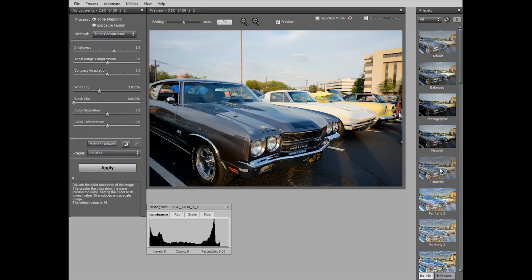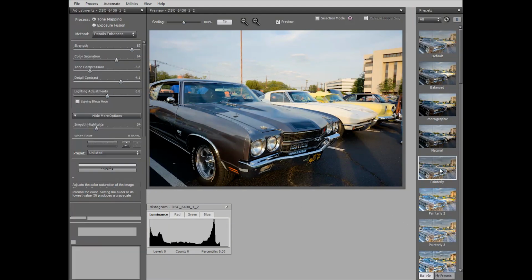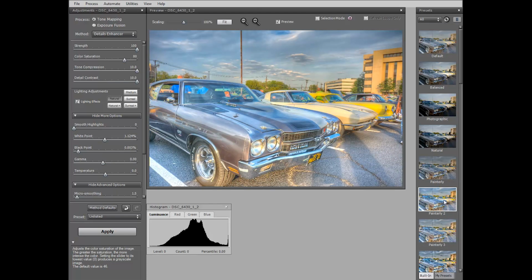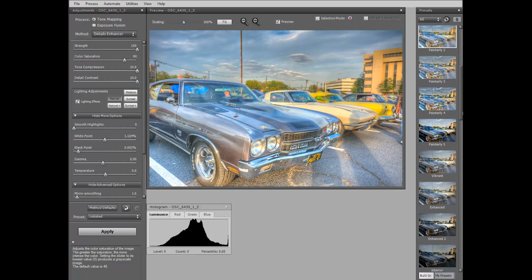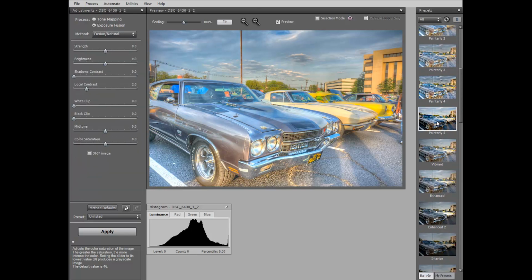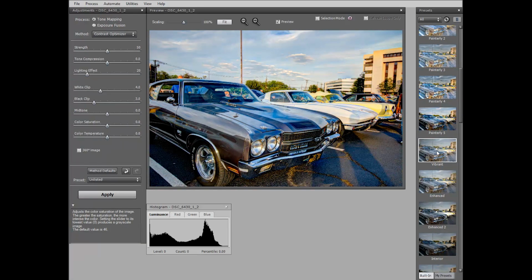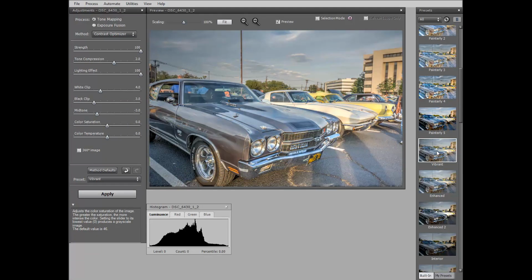Now let's get into some of the heavier ones. We'll start on Painterly, and that changed the color of the vet from white to beige. Let's click on Painterly 2, and that definitely has an overprocessed look. Let's scroll down. Let's jump up to Painterly 5. That's not as bad, but still looks over-processed. We'll click on Vibrant, and that looks a little over-processed, but we could probably tone it down with the sliders